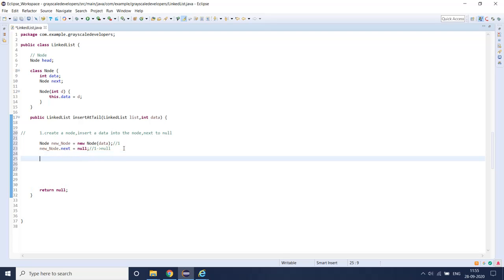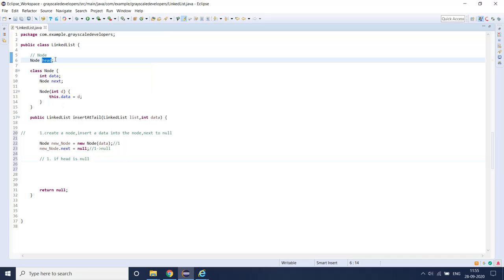Here we have two conditions. The first condition is, what if the head is null? As you are seeing, the node head is here. I didn't assign any value, which means that the head is null.